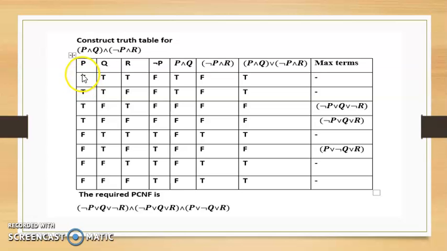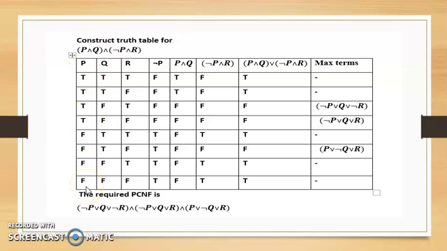Now we have to write all possible combinations of true and false. Since we have 3 variables, we will have 2 power n combinations, with n equal to 3. What is 2 power 3? It is 8. So we will have 8 combinations.